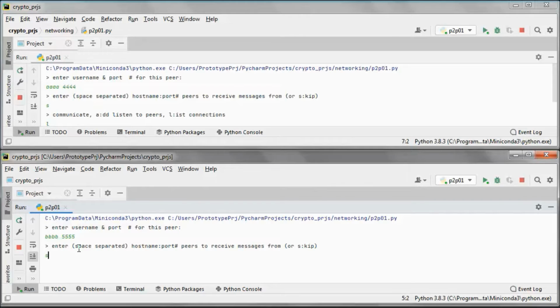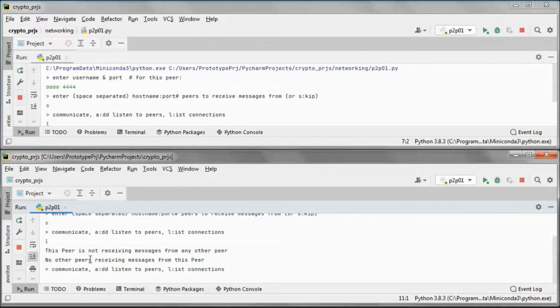And let's also skip for now and list all connections to and from this peer. So this peer is not receiving messages from any other peer, and no other peers are receiving messages from this peer.